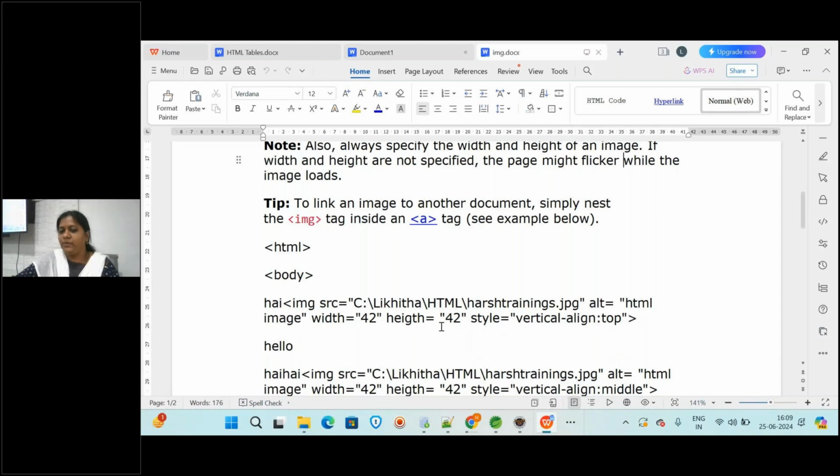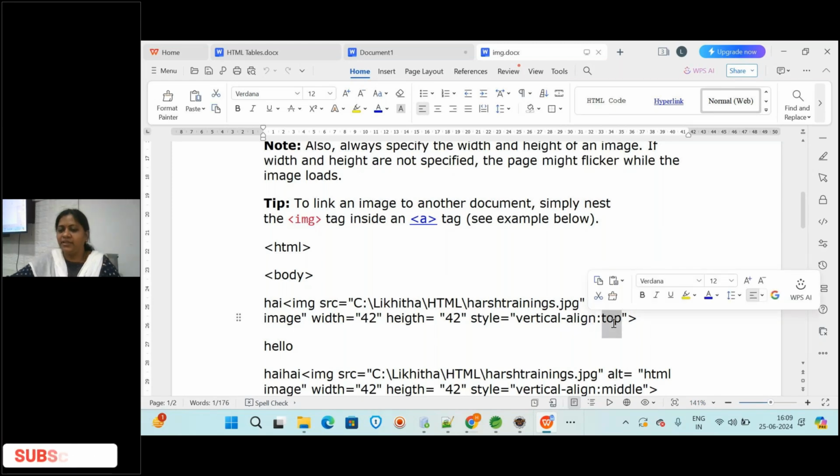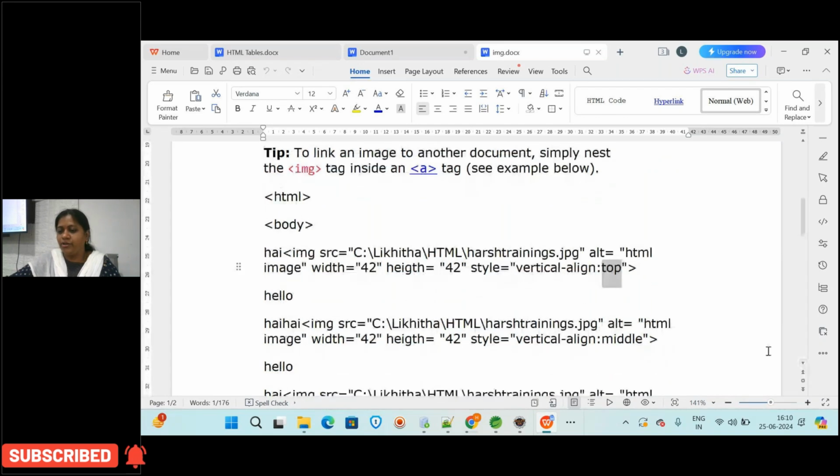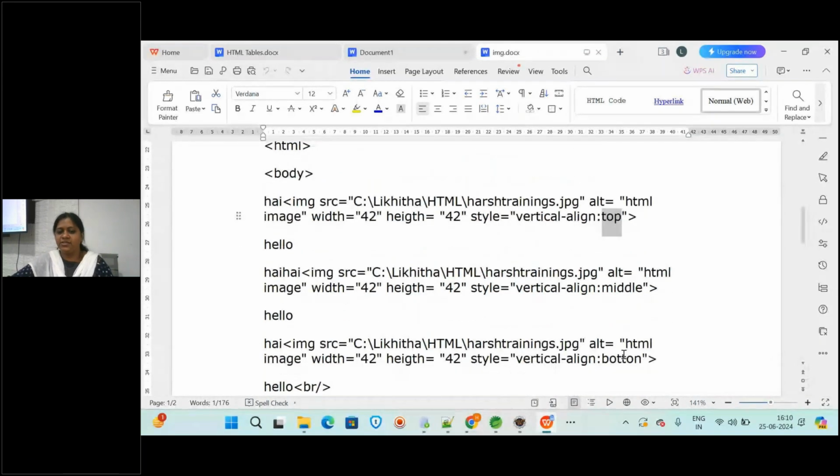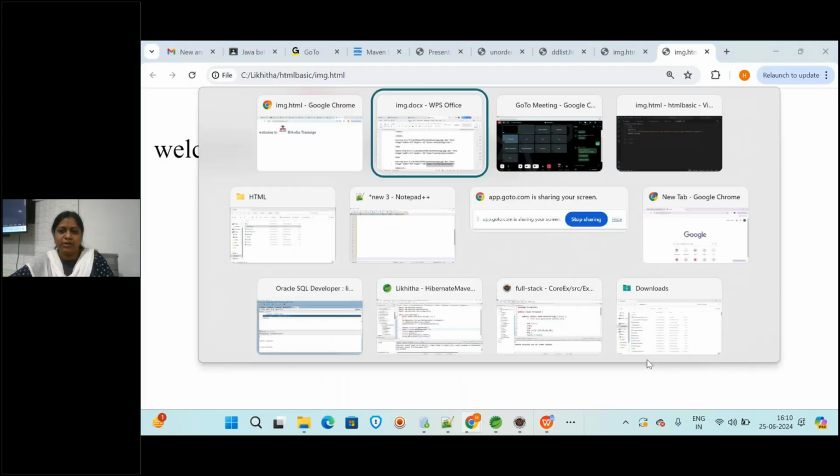In the style, you will be giving vertical align as the value, and the alignment should be onto the top, or you can give the alignment in the middle, or you can give the alignment to the bottom. Now let us give these three things and check how it is displaying. Okay, so now we'll come back to the document.